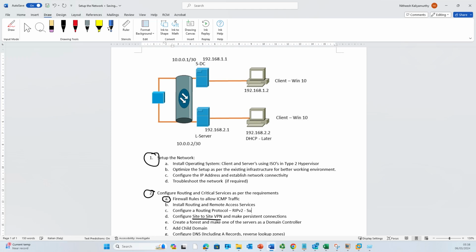to successfully connect between two networks. So we will do that. We will install routing and remote access services. And then we will go into configuring a routing protocol, and then we will create the forest. We will create the child domain in this video, and later we will discuss